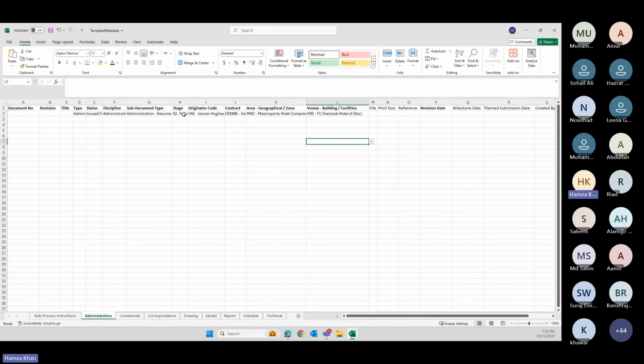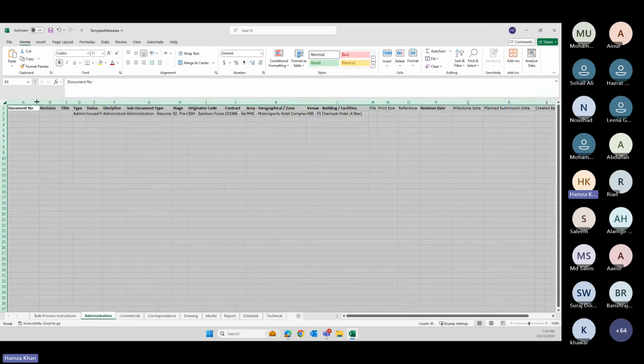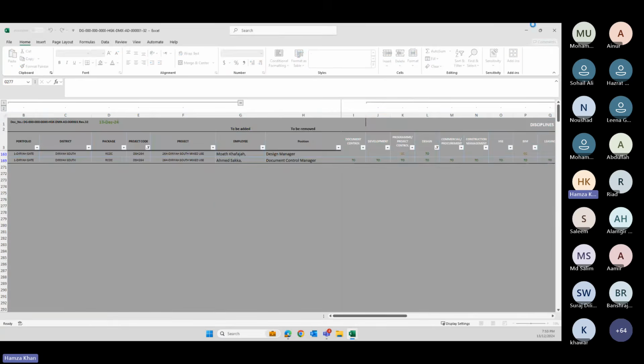If you're selecting stage here, in your originator, let's say I'll just select my company over here, and my company does not have this contract, not this one. It's either I have to select this or this. Why? Aconex is going to read all your columns. It will go field by field, row by row, column by column. It will read everything,